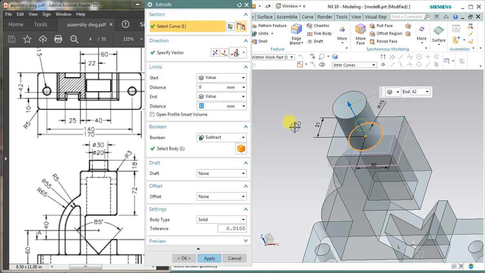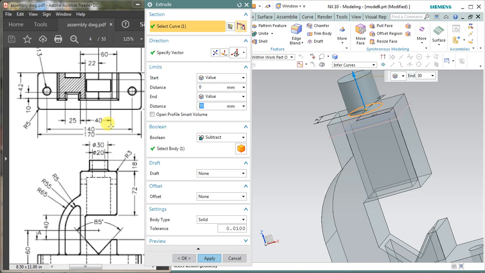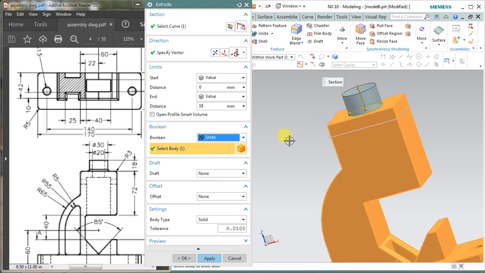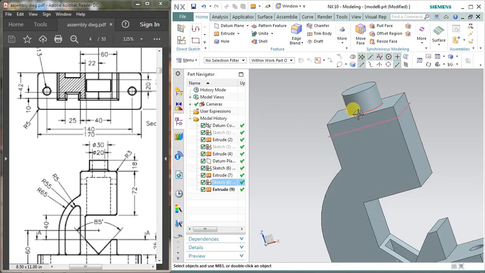So select this circle and apply 30 here, and it should not be, sorry, not 30, it is 18 mm, and the boolean operation should be unite, because I don't want to subtract anything from it, and OK. Hide the sketch again, and there is a hole of 20 mm diameter over this 30 mm diameter cylinder. For this again what I'm going to do is select a hole here.